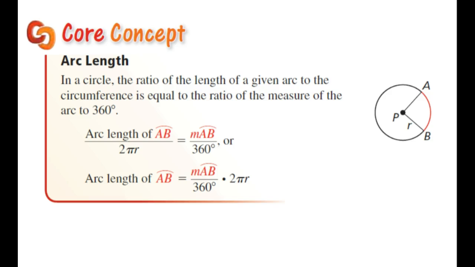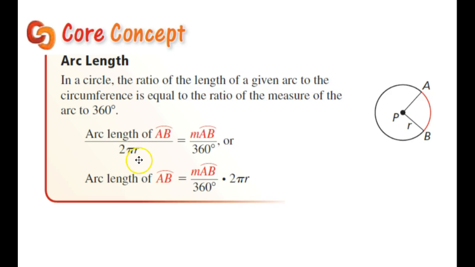Now we're looking at arc length. We looked at the circumference, which was the entire distance around the circle. Now we're looking at arc length. The arc length is a piece of the circle, a piece of your circumference. Here's how I kind of remember it. I take my little piece, the arc length, because the arc length is the smaller piece, divided by the entire circumference,